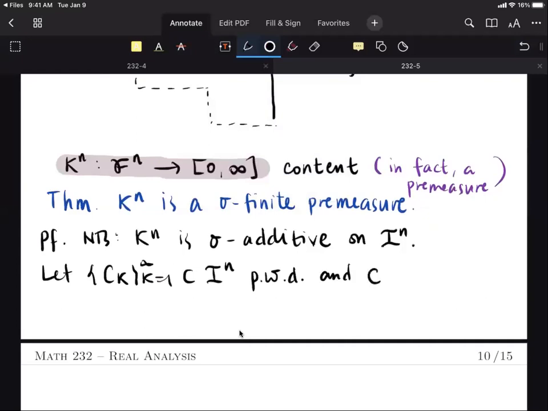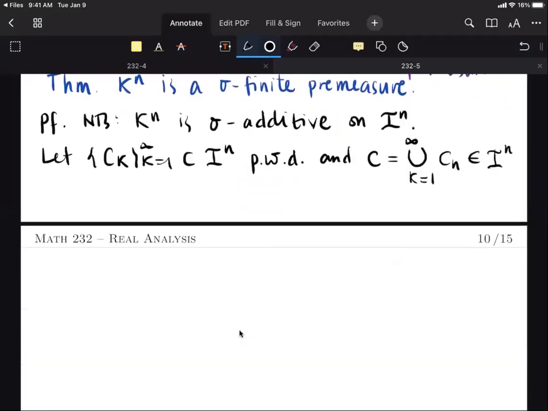And let us denote by C the union of these cells, C sub n, and let us assume that this is also a cell. Okay, being a cell,